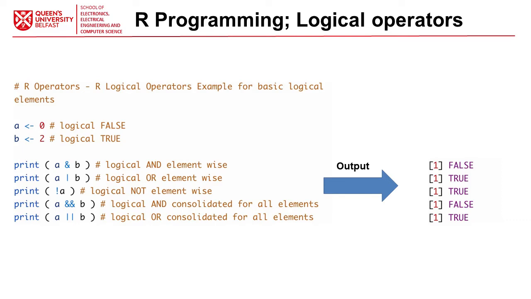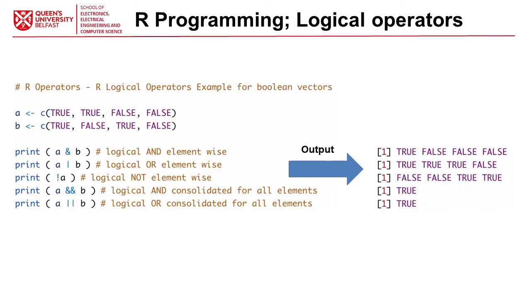And A for this case is no difference. So A or B, true. For this case, ampersand and double ampersand are similar. But when you have a vector, it's going to be different. Okay. So here again we have